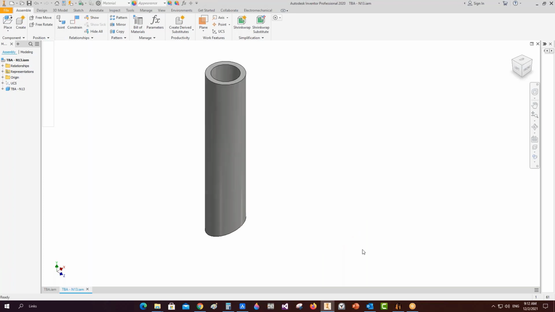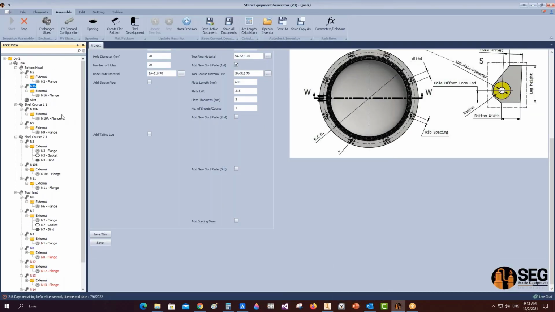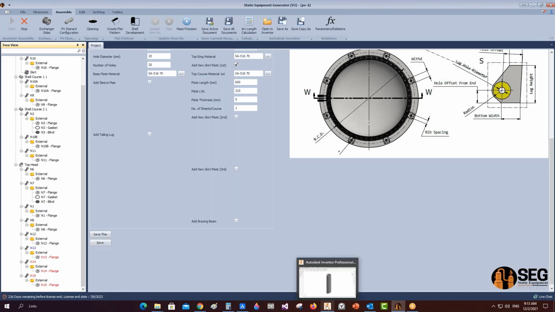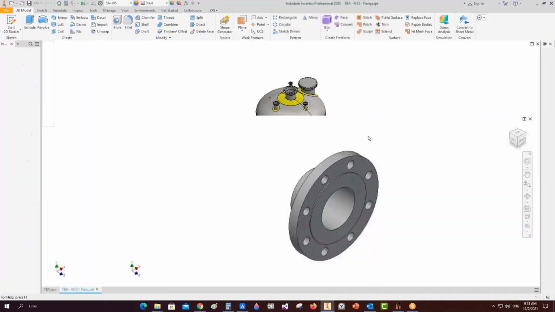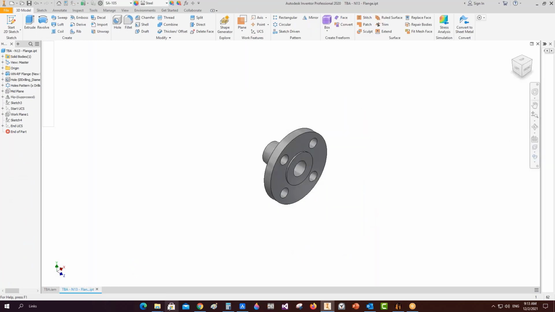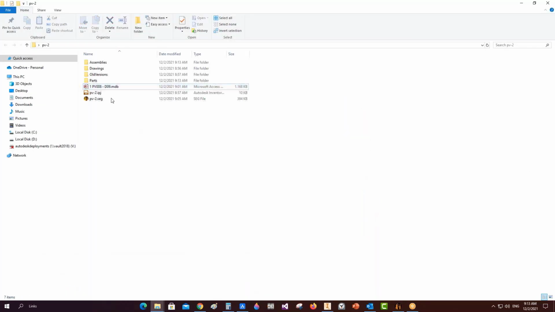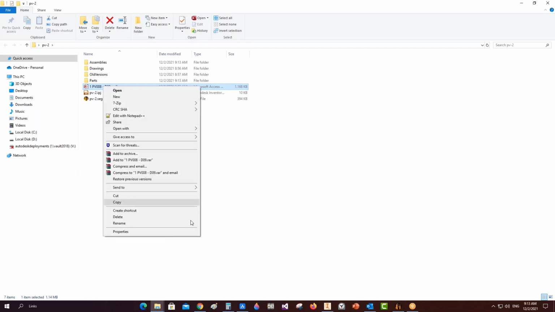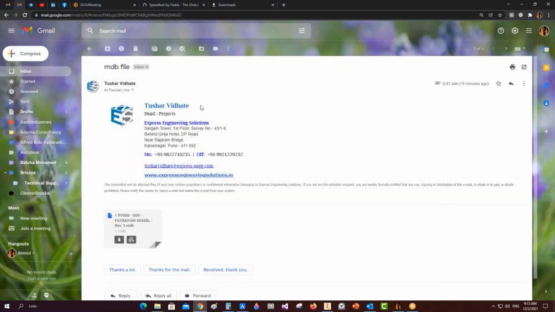Ahmed, meanwhile, this file is opening. So I would also request you, you have saved this database file, right? After modifying this by changing the units and also the name. So I would request you to send that file back to us so that we can try it at our end also. Okay. So from here,